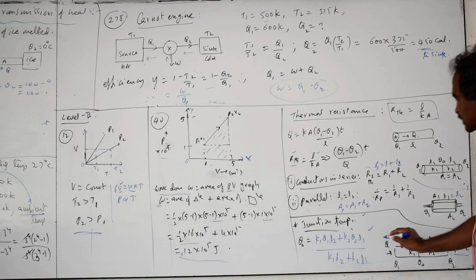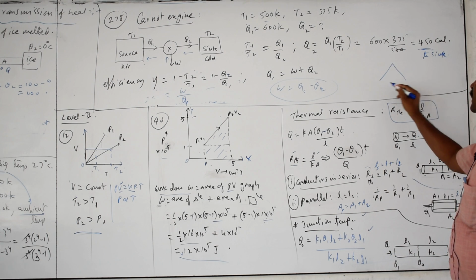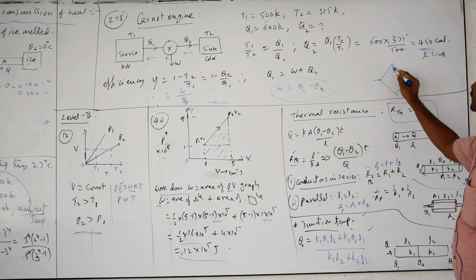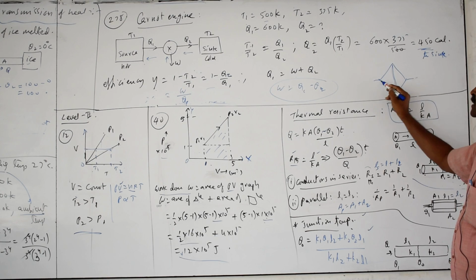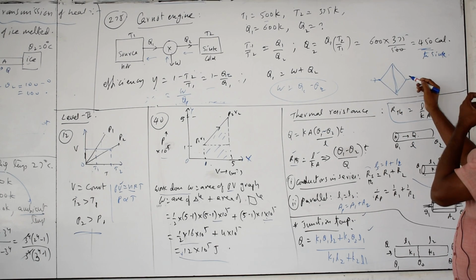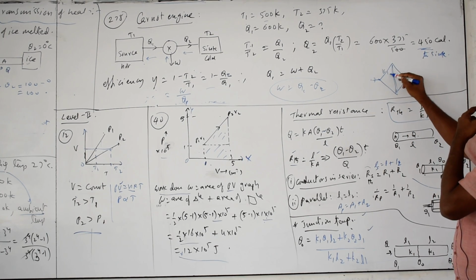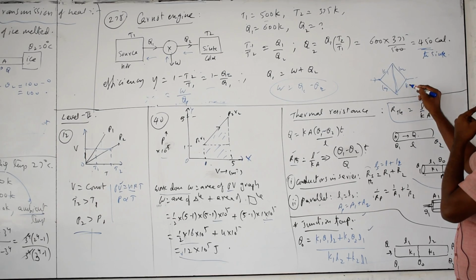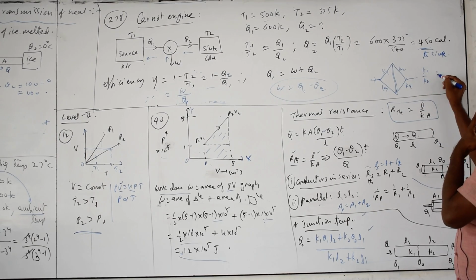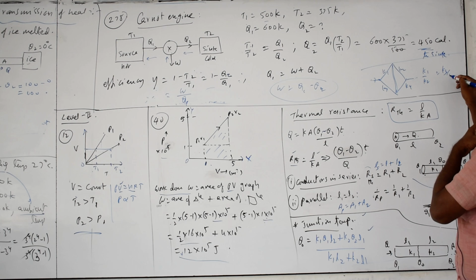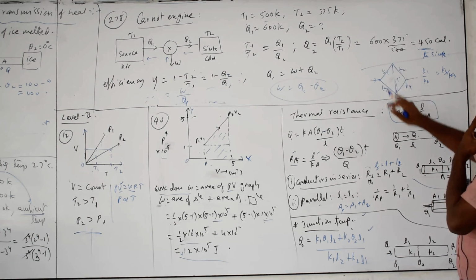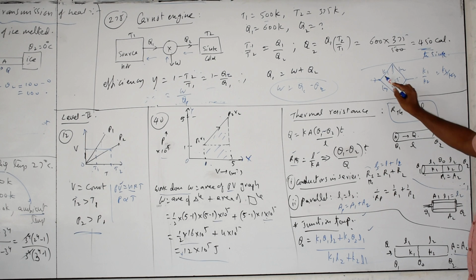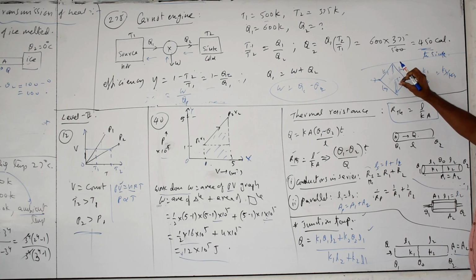One more thing: for these conductors, if they are connected in the form of a Wheatstone bridge, like this, the heat is divided just like in the Wheatstone bridge. If K1 by K2 is equal to K3 by K4, then the center rod, whatever it is, just remove it. Then the resultant: these two are in series, and they come in parallel, you have to take.